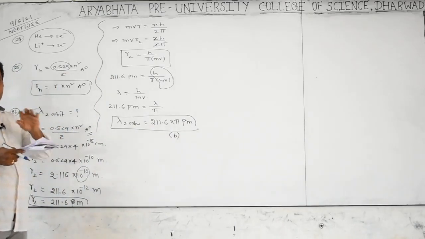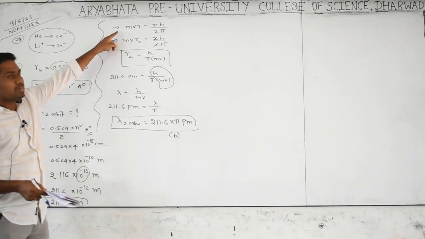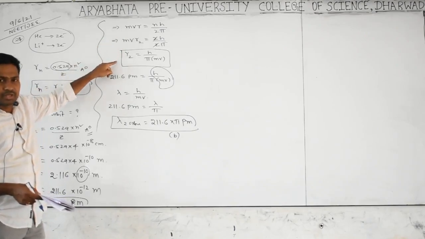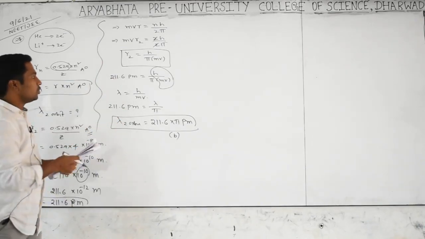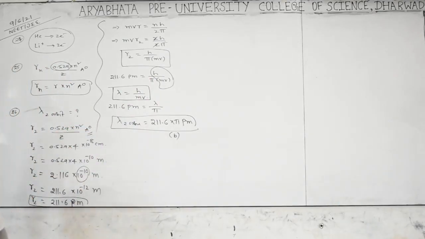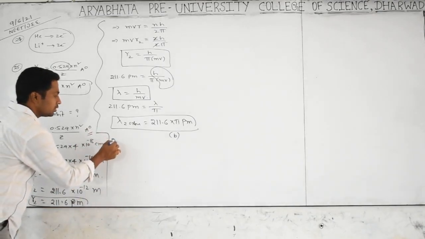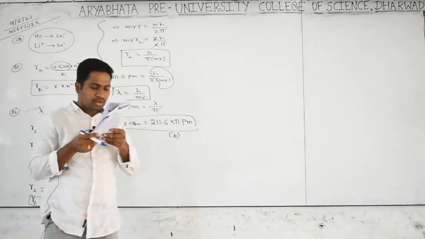Yes. What I did: first of all I calculated the radius of the second orbit. I applied the angular momentum of electron, mvr is equal to nh by 2 pi, and from there I separated R2, the second orbit radius. That R2 and this R2 are the same, that's why I equated them. Then I know the de Broglie equation, lambda is equal to h by mv, and I substituted lambda instead of that. All of you clear? It's a good model and a somewhat different question. We can practice carefully. Question number 27, see carefully.